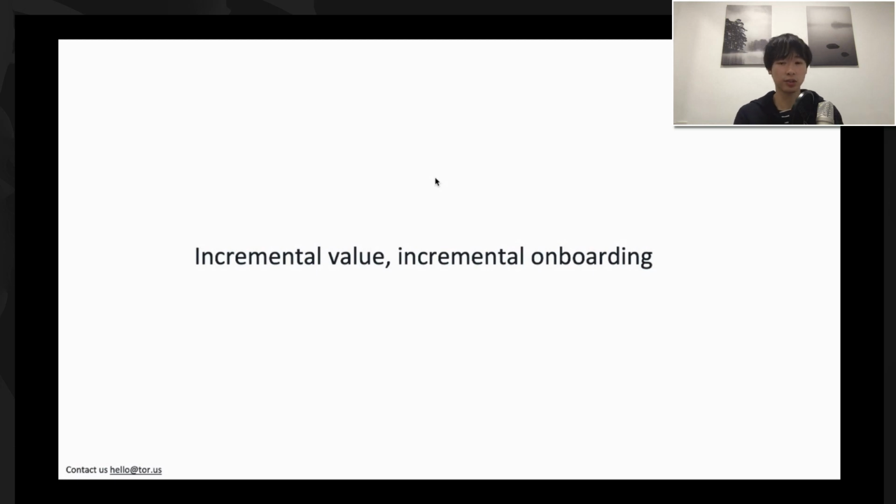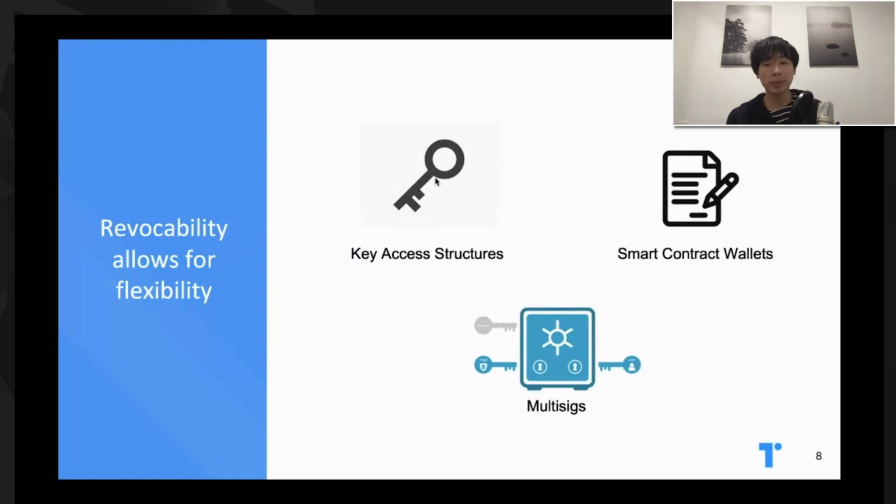Lowering the barrier of entry thus increases the virality of these applications in general. A large part of what allows this is the revocability of the key management and ownership architectures around assets of the dApp or interactions with the dApp. This can be done in several ways: making keys disposable, key access structures, smart contract wallets, multi-sigs, and the list goes on.